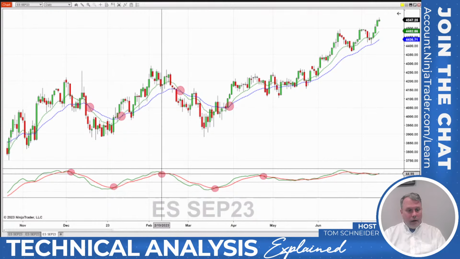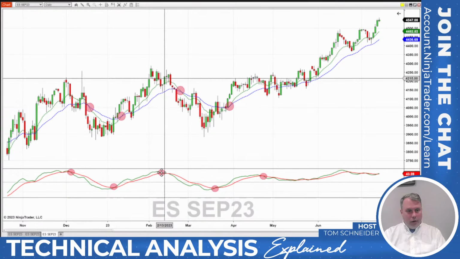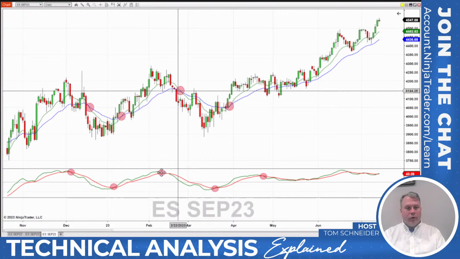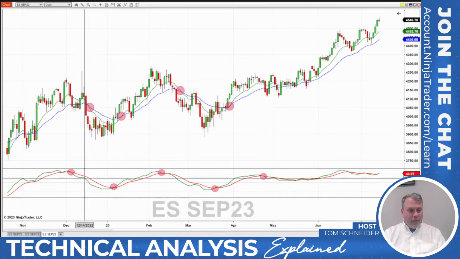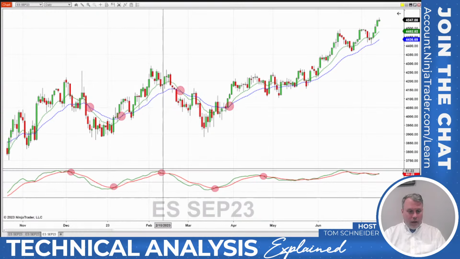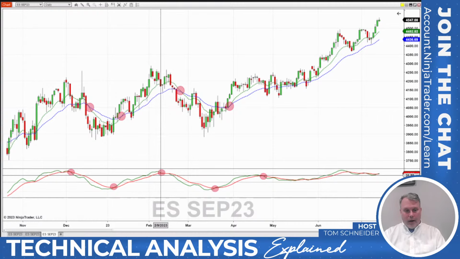Cross below somewhere in this area. Maybe it wasn't here, maybe it was here. But somewhere in this area, we might have gone short. Again, going short here is a better short if we're talking about the longer trend around here. So what Gerald Appel discovered was that by taking an average of this MACD line, we could get earlier signals and maybe catch the trade a little bit better.